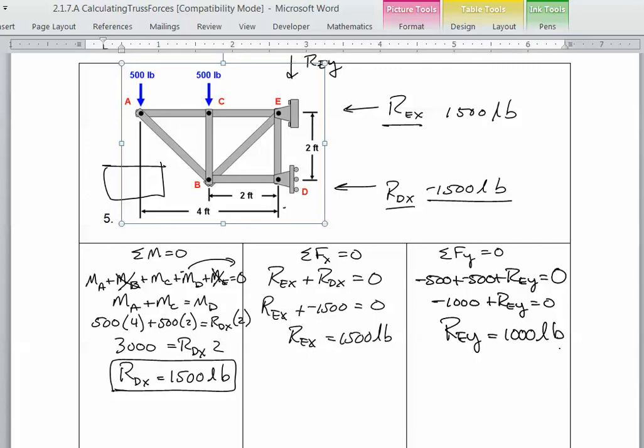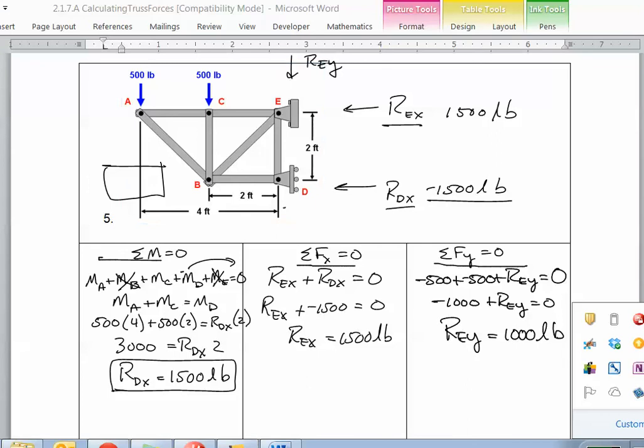Alright, this is our simple little video over the external forces. Remember that the first thing we have to do when we come to these trusses is take care of our external forces. And maybe I haven't done a great job of that, probably haven't because we're still pretty confused. But our external forces are the first three things we're going to do. We're going to take care of the moment, we're going to take care of the external forces in the x direction, and we're going to take care of the external forces in the y direction. Hopefully that helps clear up some of our